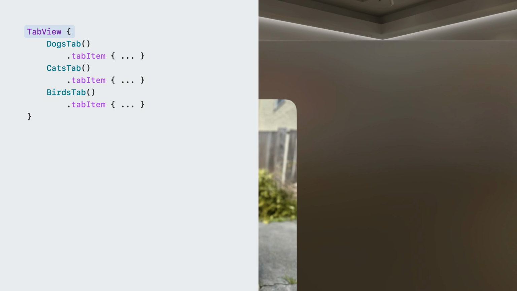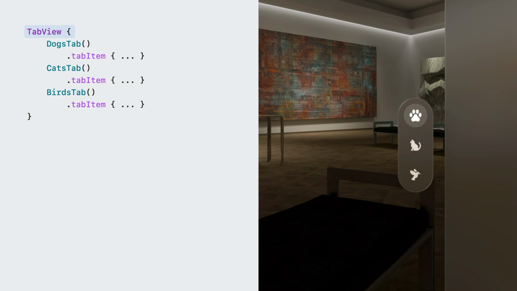Or consider Tab View, which hangs off the side of your app, providing quick and easy navigation without interfering with your app's content. And Tab View expands to display more detail, like each tab's labels, just by looking at it. Tab View is a prime example of how SwiftUI can take advantage of what makes the platform unique, like having your app's interface react to where you're looking. We've applied the same thoughtful design to all of the core building blocks of an app, from navigation and presentations to controls and interactions. We provide these intelligent platform defaults so your app can fit right in from the start, allowing you to focus on what makes your app great.